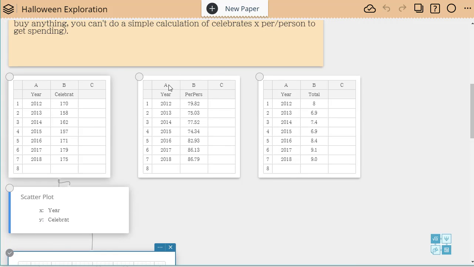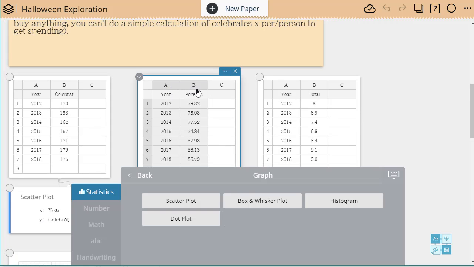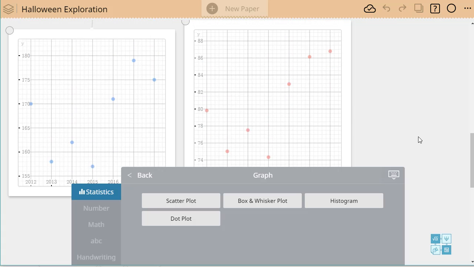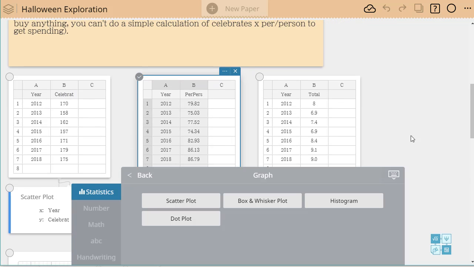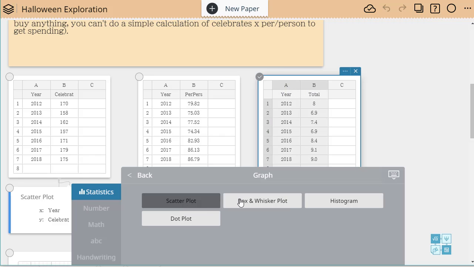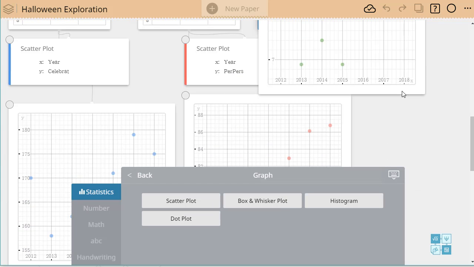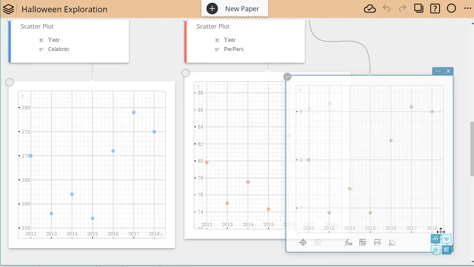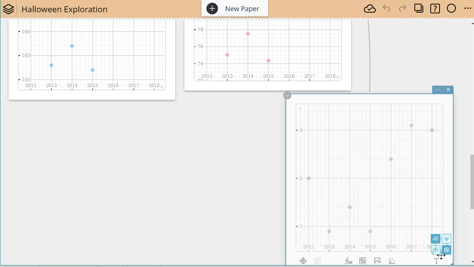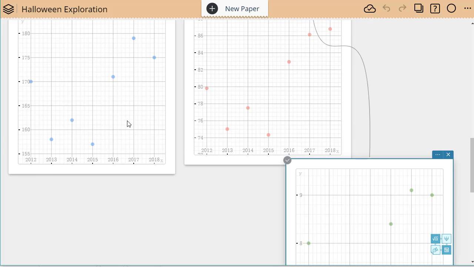Let's see if it's the same type of pattern when I do average spent per person, which should be pretty similar. Obviously the numbers are going to be different, but it looks like the exact same graph, and that makes sense. Let's see what it looks like when I do this third one. So all my graphs look very similar. This would be a fun exercise just to do with students in general. They do look similar. They have the same basic shape.